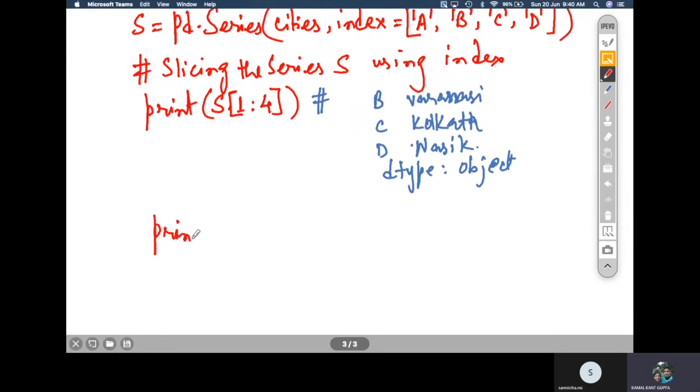Now if I'm writing print S, and I'm writing here colon -1, what output will this give us?